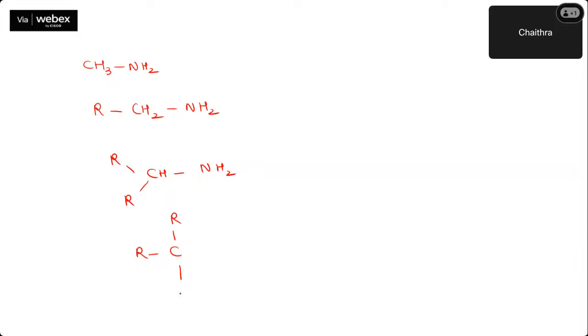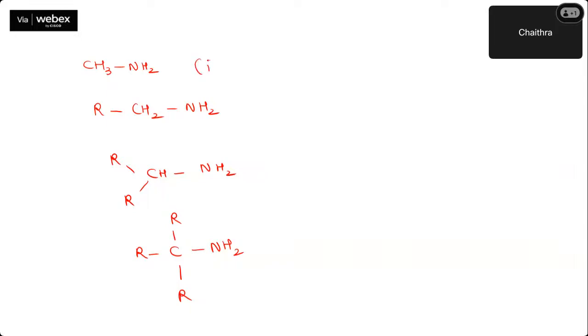Okay. See, one thing you understand, if I write CH3NH2 like this, it is a primary amine, because nitrogen is directly attached to one carbon. Can you tell me, guys, if I write this general example, what kind of amines? You have to tell me all these are what kind of amines. I have given 4 examples to you. You have to answer me what kind of amines are these. Can you identify what kind of amine is this?